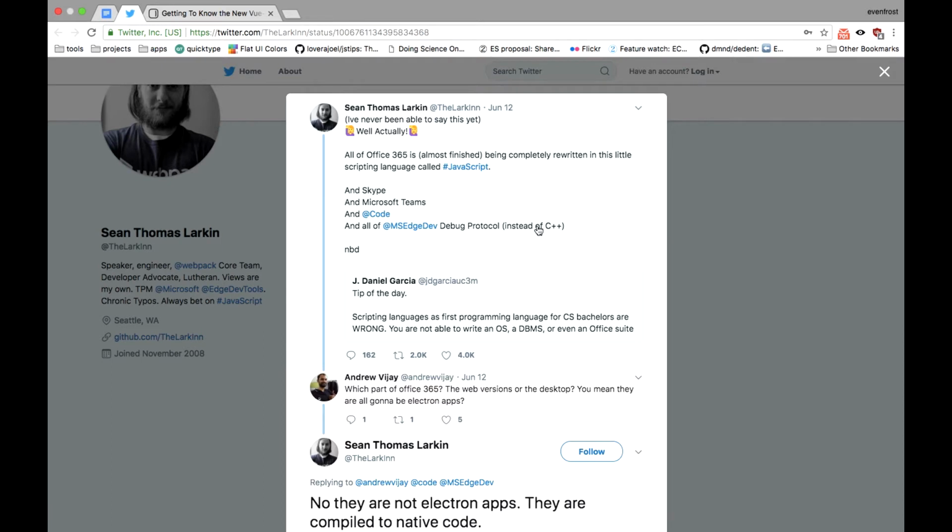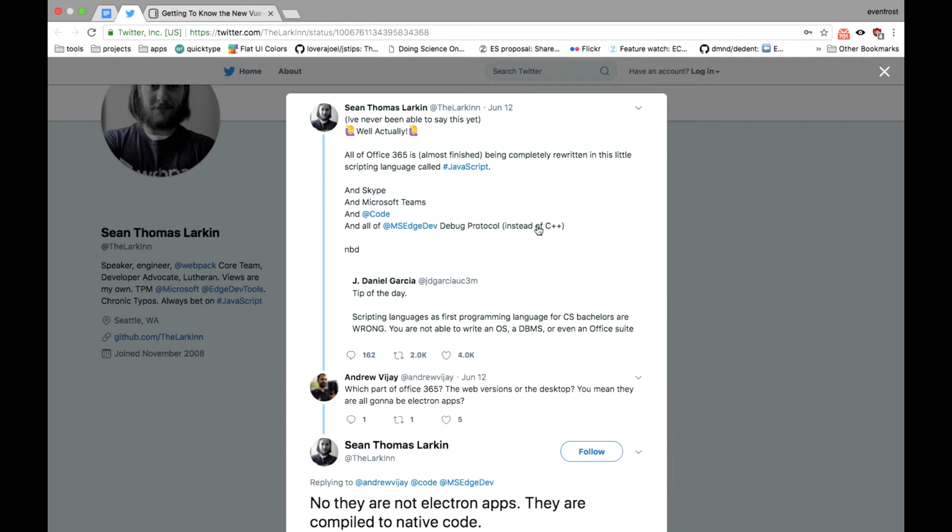Today we're gonna talk about how Microsoft rewrites their stuff on JavaScript and the new vue-cli UI. So Microsoft is really changing all the way around these days toward open source and overall developer friendliness. First VS Code and TypeScript, then the GitHub acquisition, and now there is news from Sean Larkin, a Webpack co-creator who now works for Microsoft. In his recent tweet, he said that Microsoft currently rewrites Office 365 on JavaScript, well,